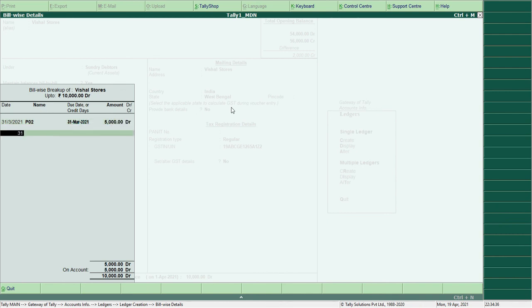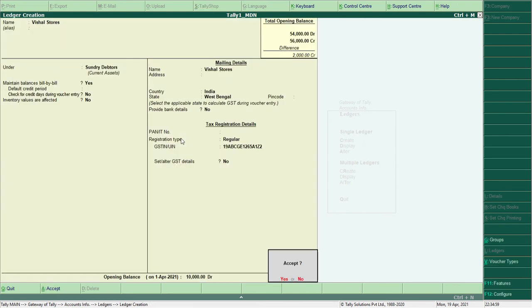Next line you have to enter manually, but certain things it will automatically take, like here P03 is the next bill number. See, the remaining amount it is calculating from the total and it is accepting. So these are the two bills sent by Vishal Stores, a sundry debtor. So now I have the details here.